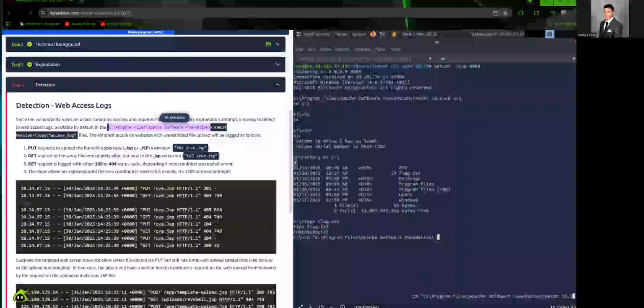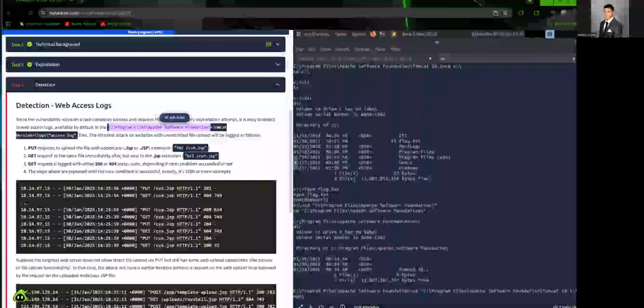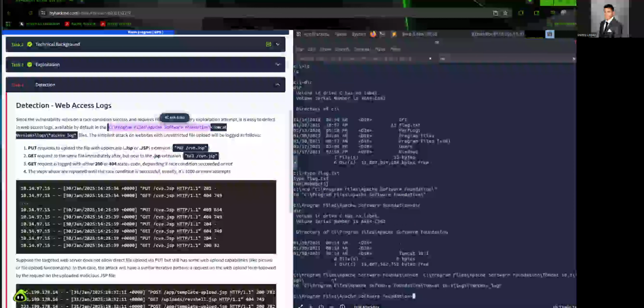Tomcat 10.1, followed by logs, followed by access logs. That didn't seem to work.